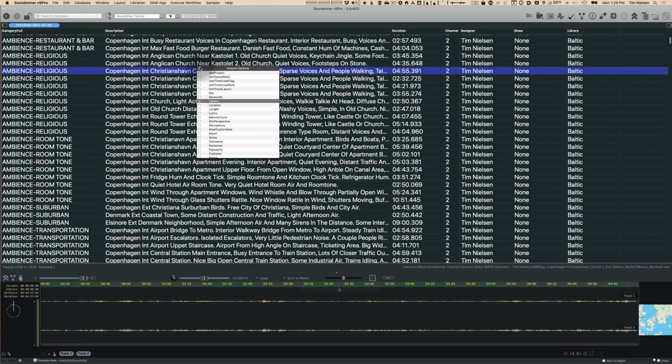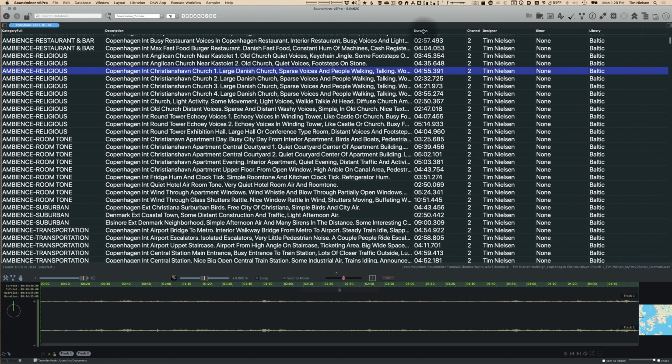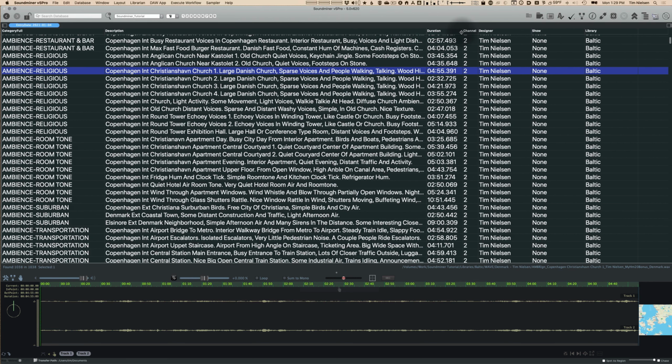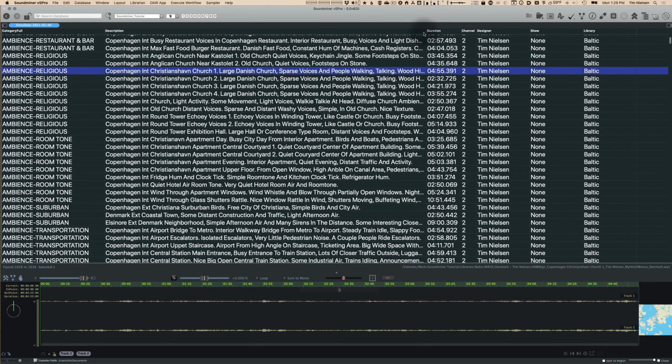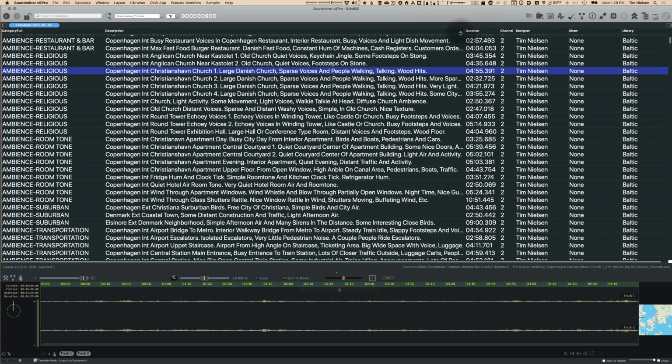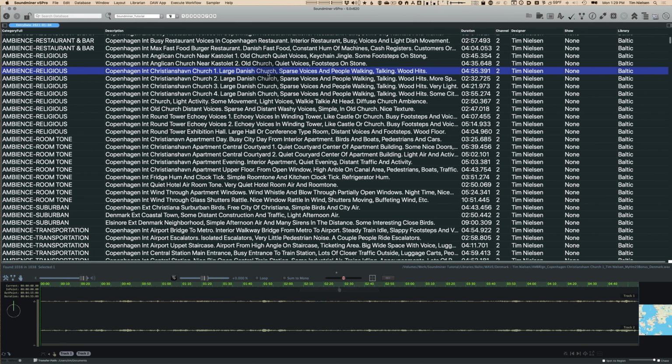So I can close this now. I can resize these a little bit. Duration I can pull a little bit differently. So I've made my first view. I'm going to pull out description as far as I can. So, okay, I now have this view and I want to be able to store this because I don't have